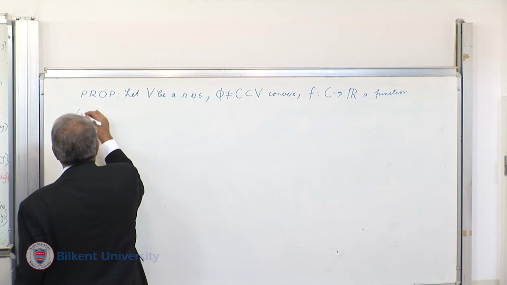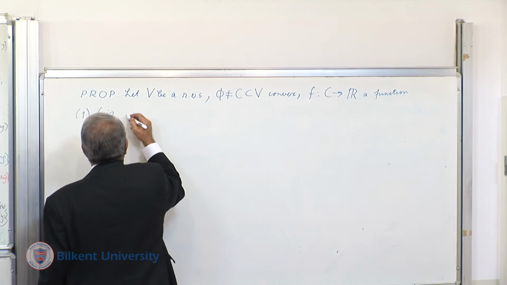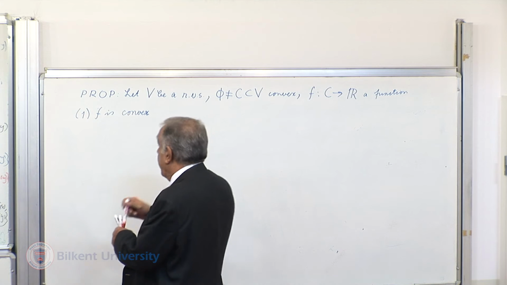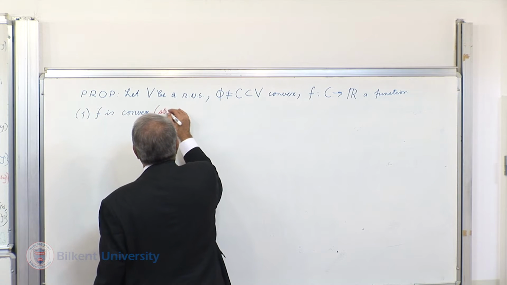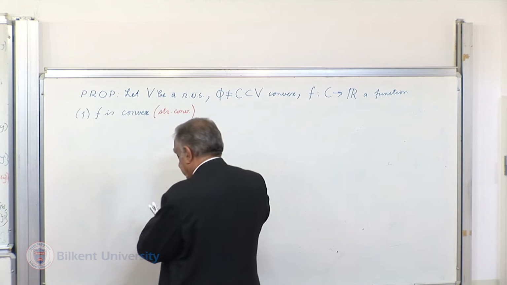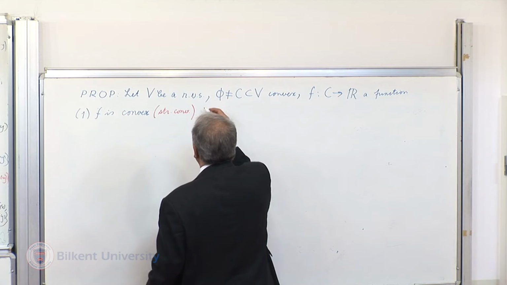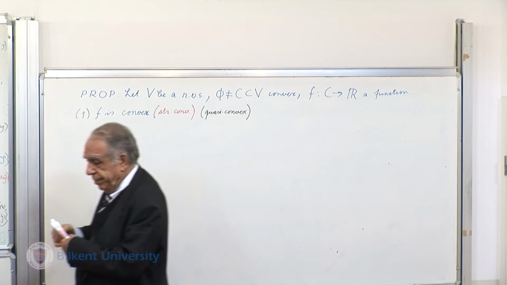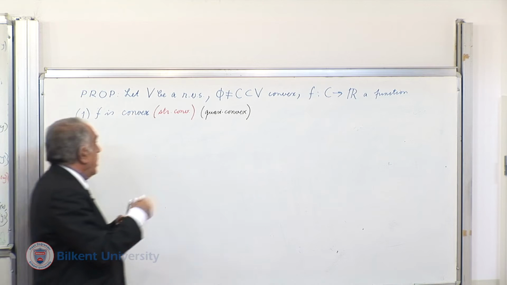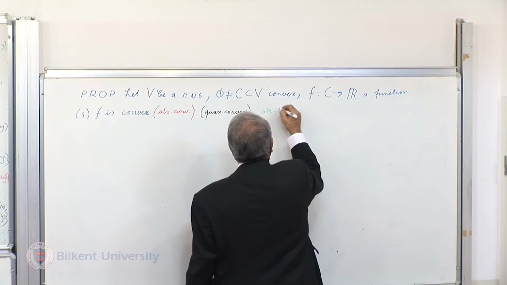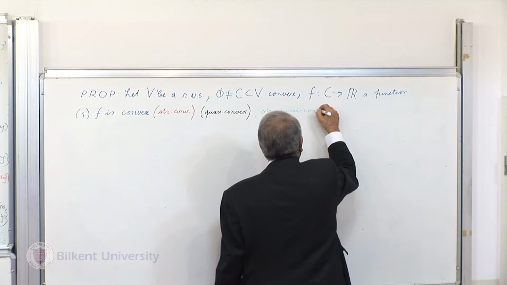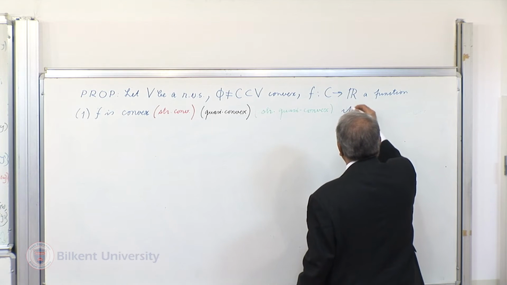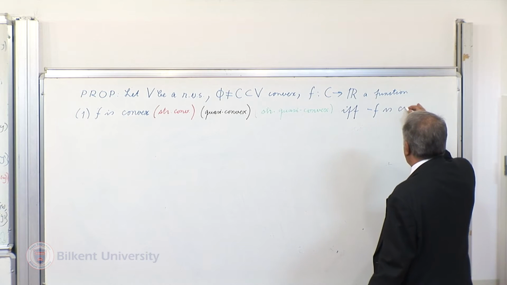Now, 1, f is convex, respectively strictly convex, respectively quasi-convex, respectively strictly quasi-convex, if and only if minus f is concave,